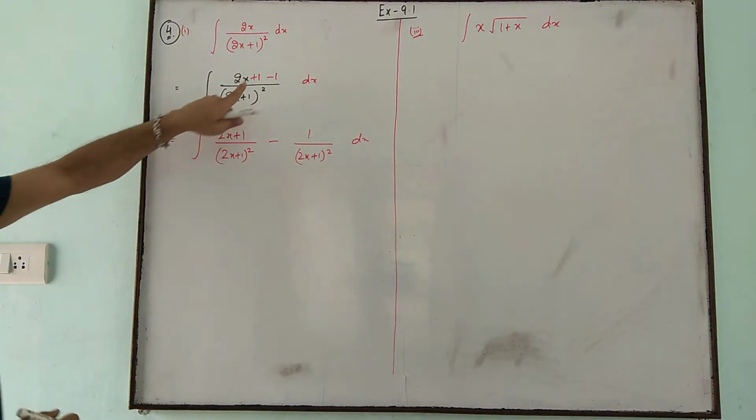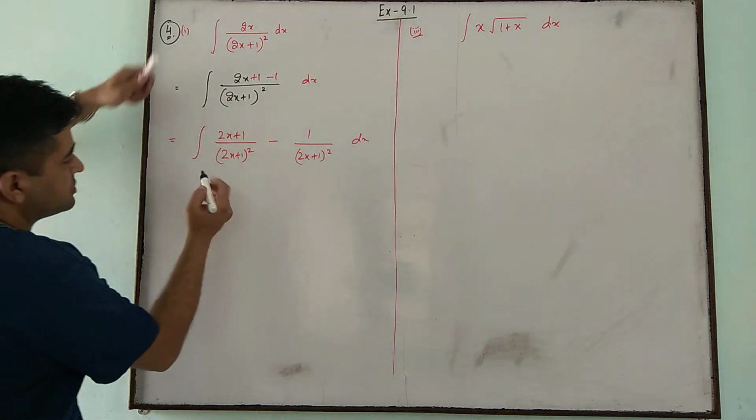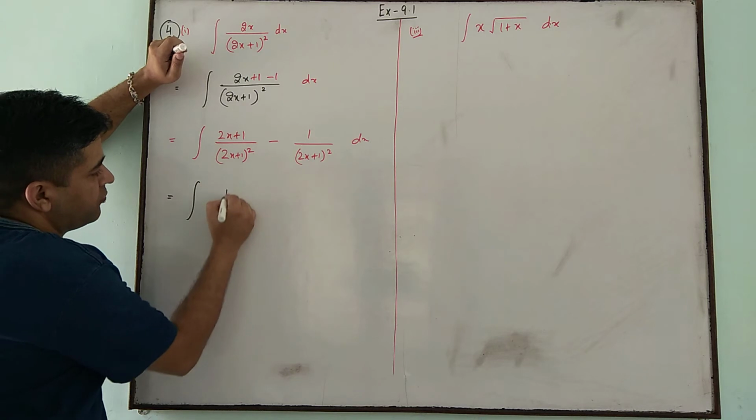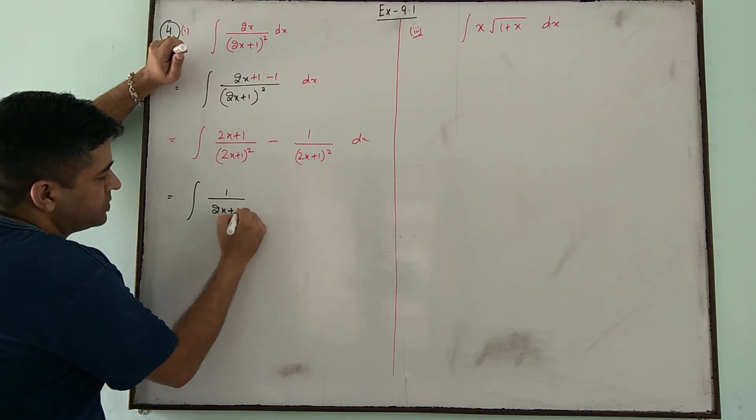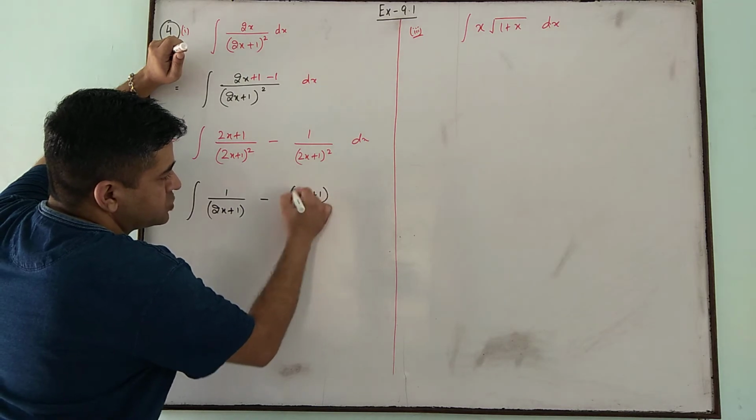Right? This is plus 1 and minus 1, so separate the denominators. Now we can write 1 upon 2x plus 1, and this is 2x plus 1 to the power